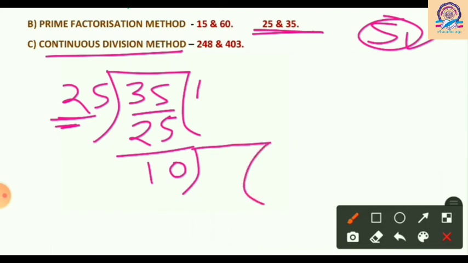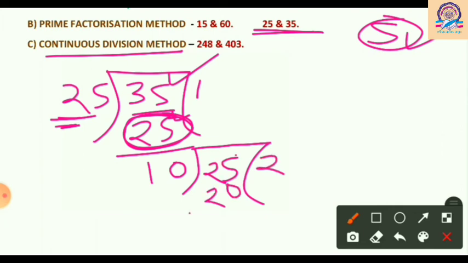And what will be our new dividend? In the dividend place, you can see the first number was 35 and the second is 25. So just bring down this second dividend number. It will be our new dividend. Now start to divide. So 10 twos are 20. It can divide, so subtract it: 25 minus 20, you will get only 5, and 2 minus 2 is 0.